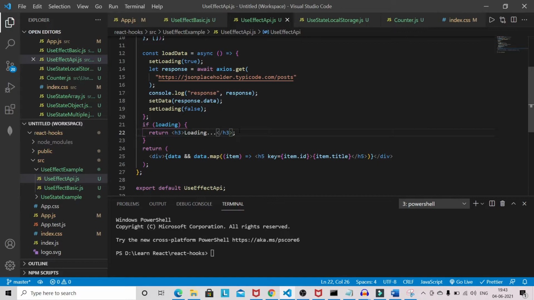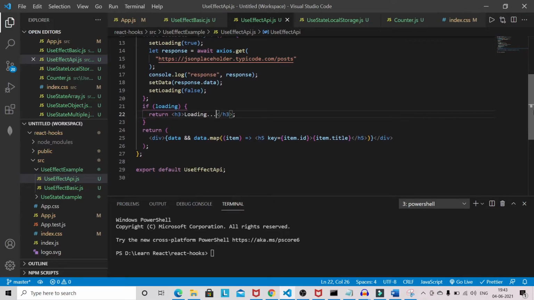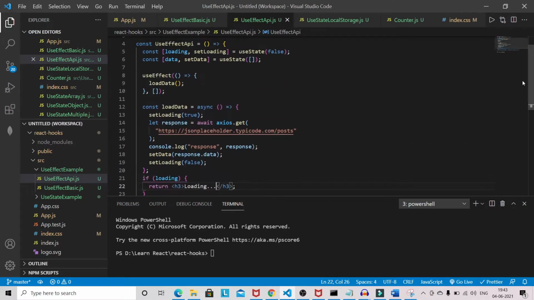Now the next thing, we want to show you how you can mimic componentDidUpdate, and this one we have implemented componentDidMount. This is exactly what componentDidMount does in a class-based component. I hope you have understood this useEffect concept completely.